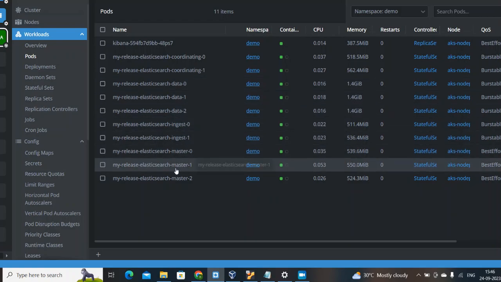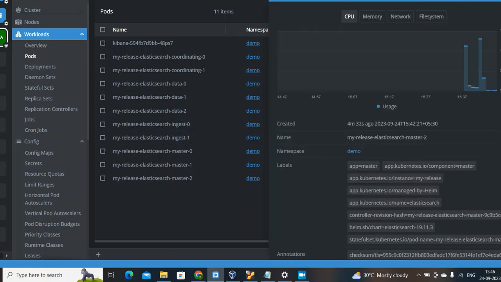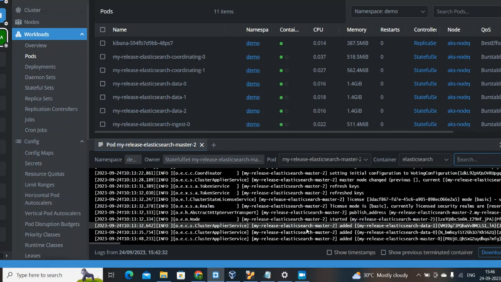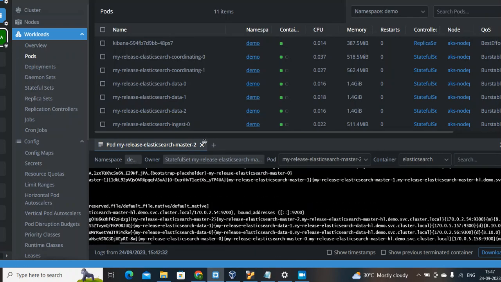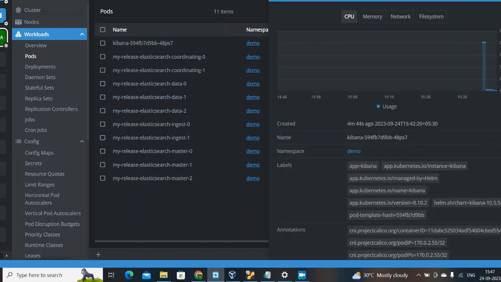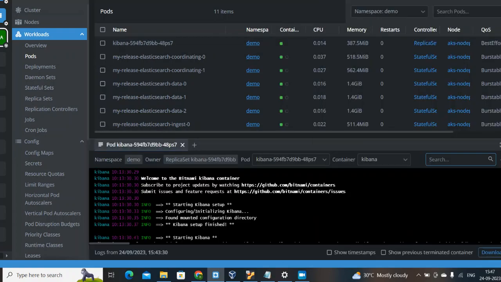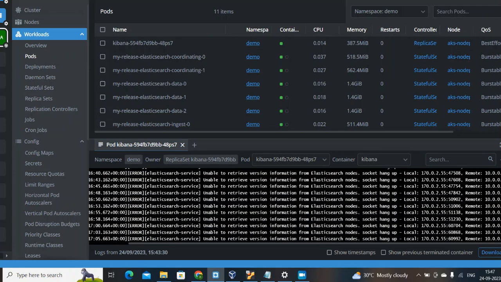All the pods are working fine now. Here you can check the logs. So it got added and it's working fine in the cluster. What we require now is to check Kibana. Here Kibana is unable to read the node, it's facing an issue because